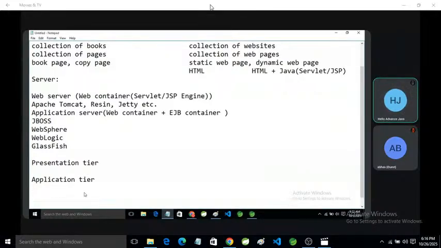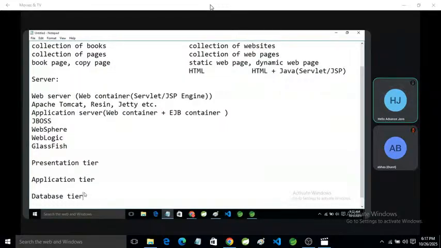Okay. So if you are using Java, we will save Servlet and JSP. If you are using .NET, we'll save the C Sharp program in the server that will develop the dynamic page. If you are using PHP, you can save the PHP program in the server. If you are using Python, you will save the Python program in the server that will develop the dynamic page.